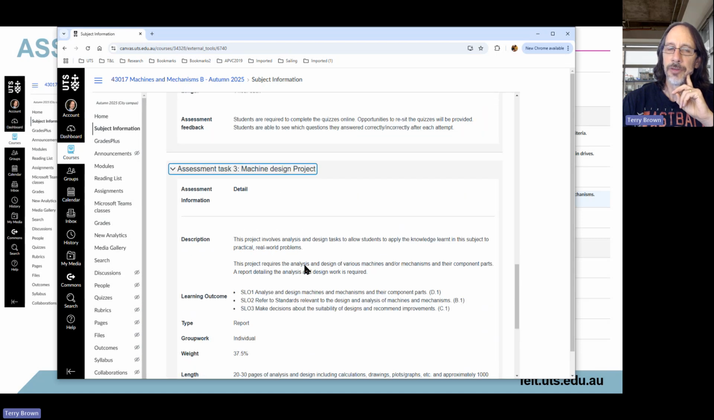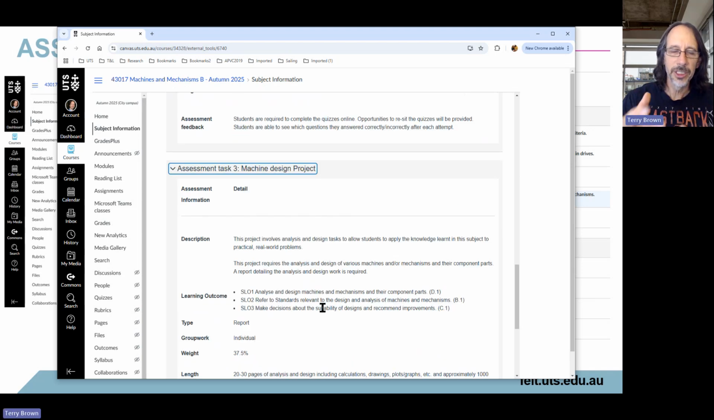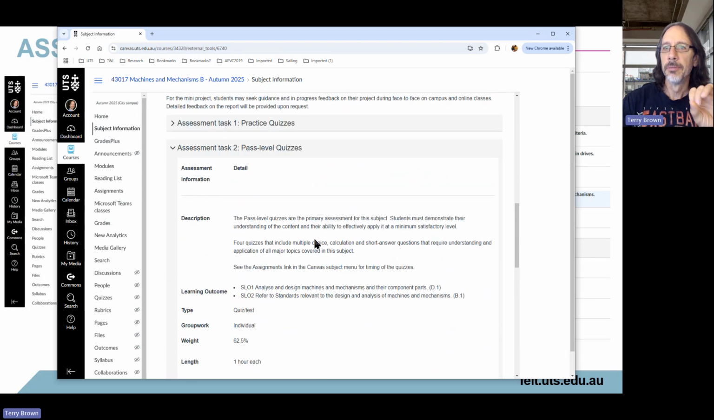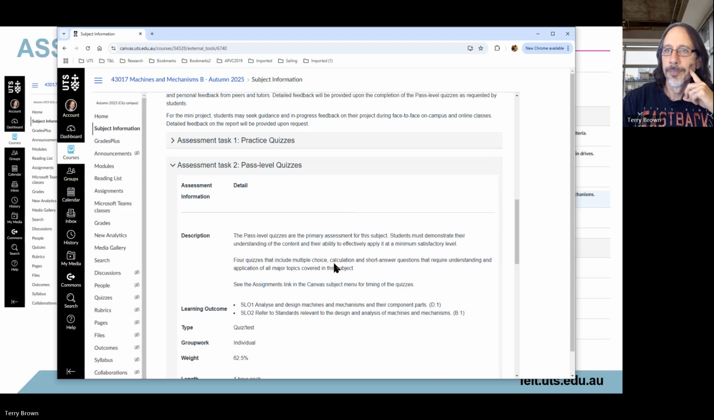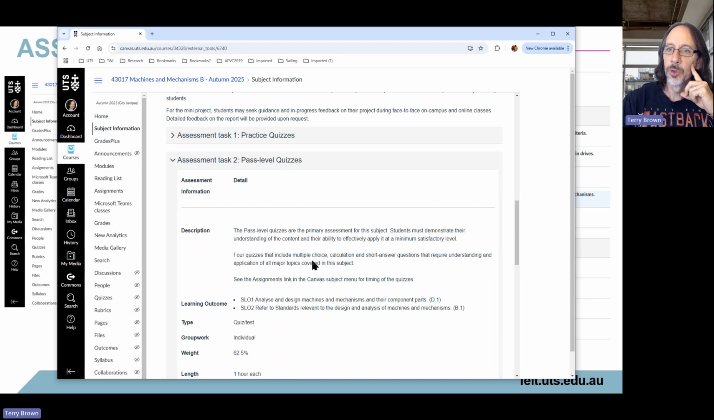And I would suggest that you have a go at the project because this is where you would do a more practical, more authentic assessment task. Whereas the quizzes are split up into small bits. It might say, what thickness of belt do you need? And that's all you need to know. Or what load rating bearing do you need for this application? Anyway, for the pass level quizzes,